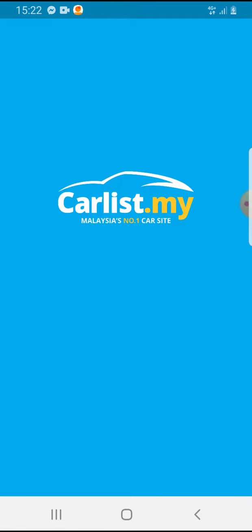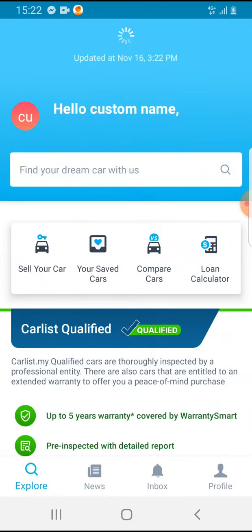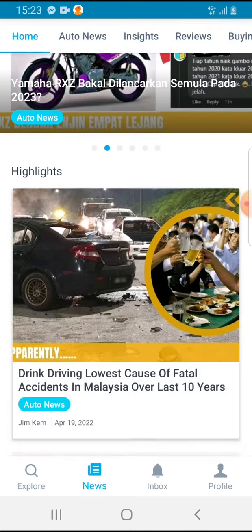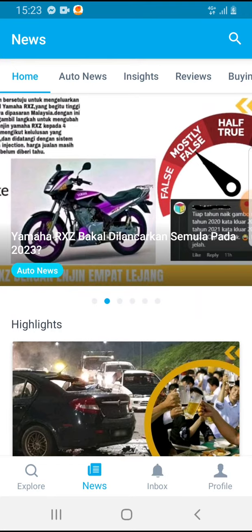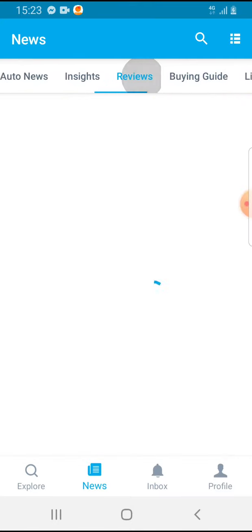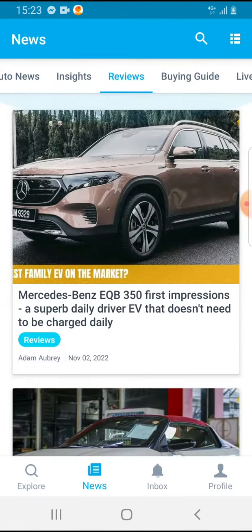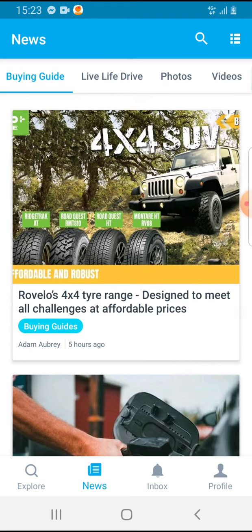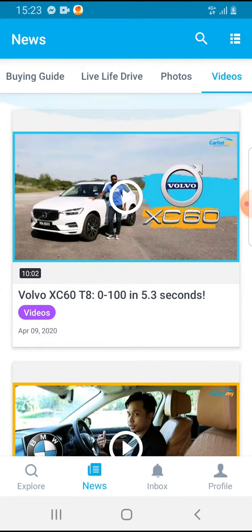Open the Carlist.my app. On the bottom you can see this menu bar: explore, news, inbox, profile. Tap on the news and here you can see the latest news, and on the top you can scroll to the right and you can search by, for example, reviews about cars or buying guide news. You can see videos if you would like to, auto news,